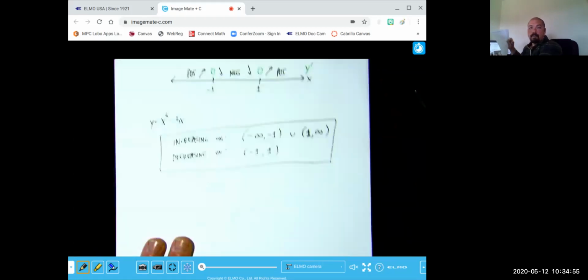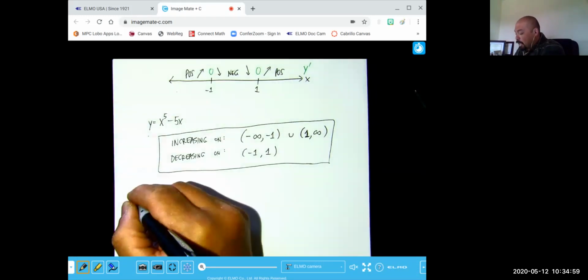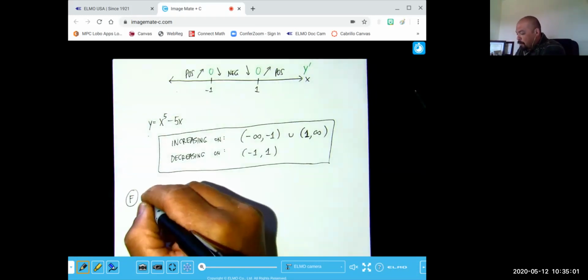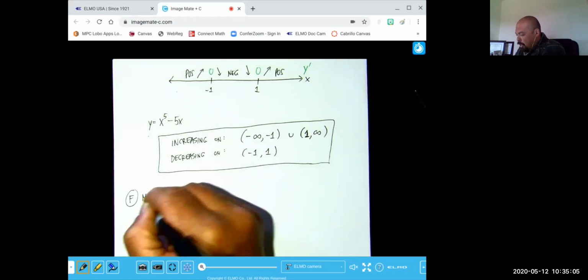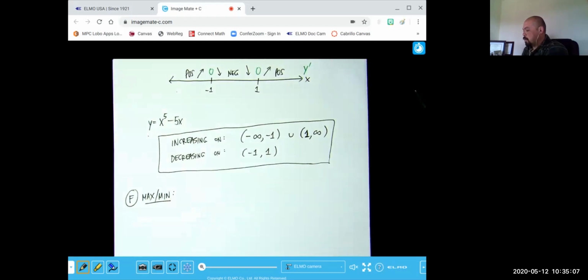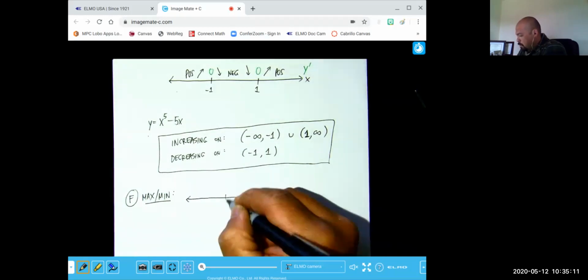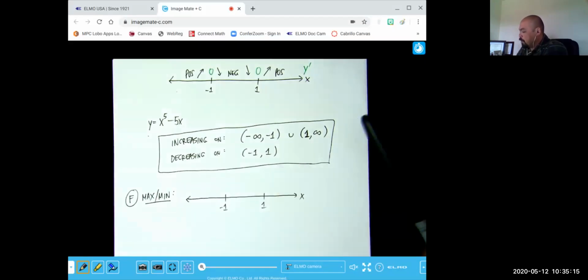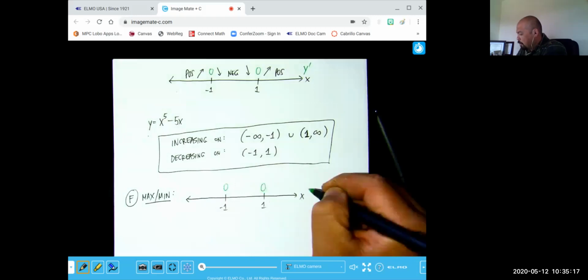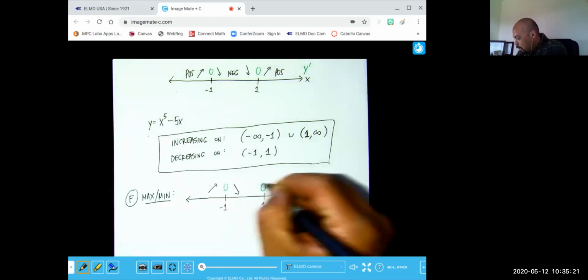While we have that, definitely directly tied to that letter F, our extrema, our max and min values. And so with those two critical numbers, we saw that we were increasing on this side, decreasing there,